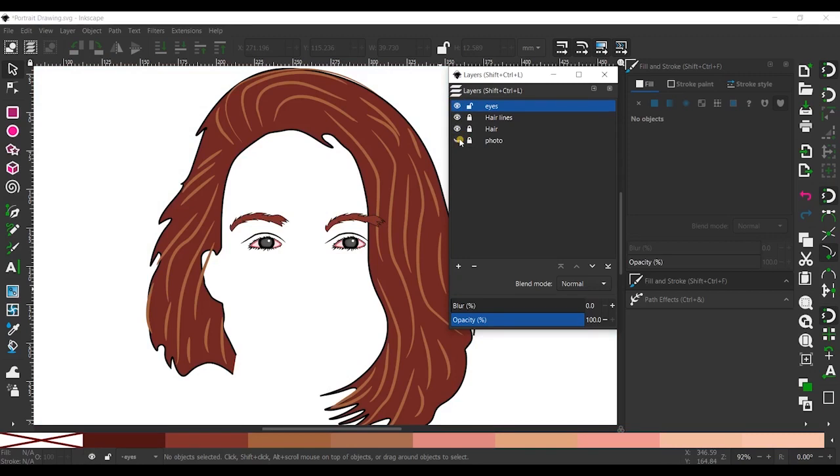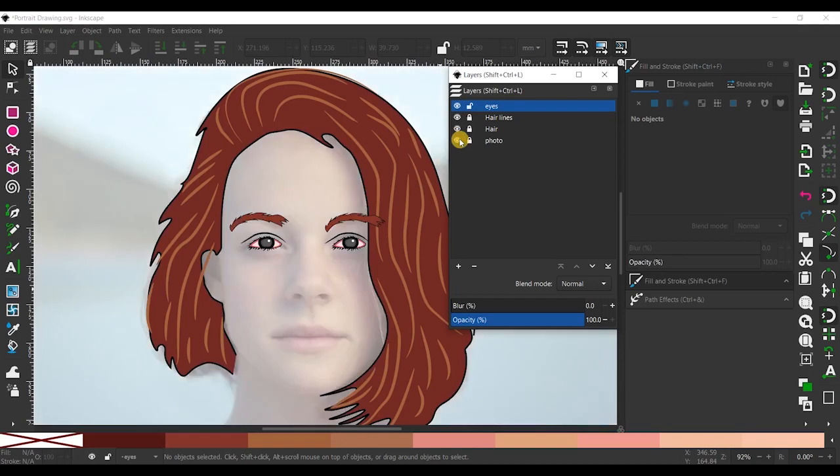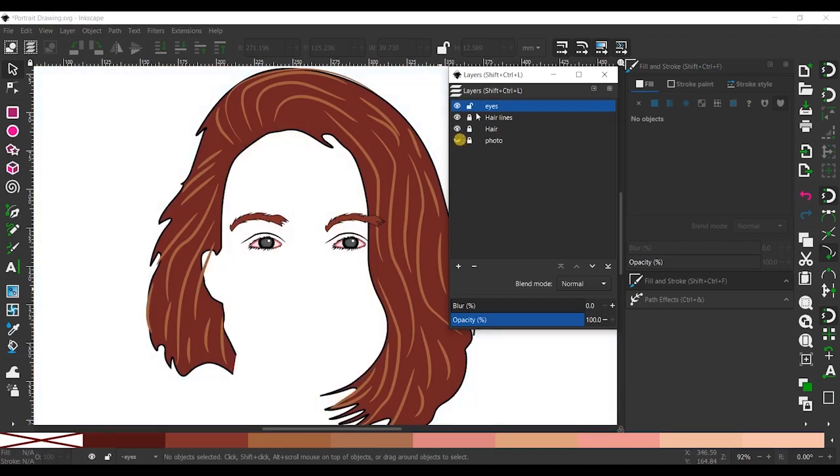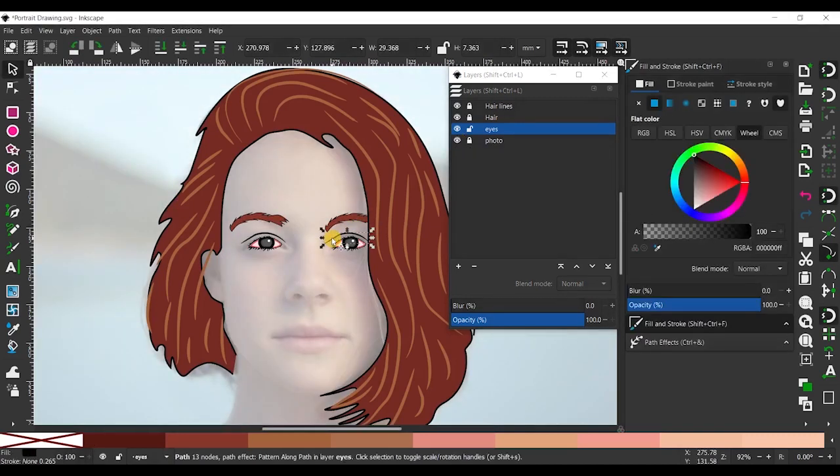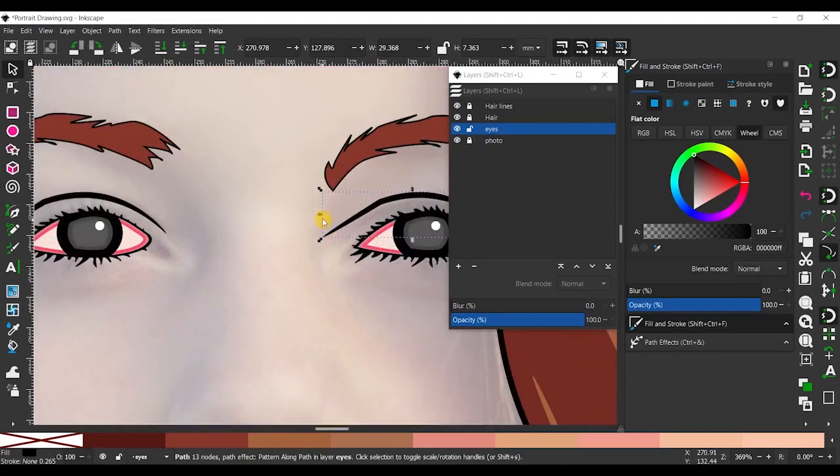The eyes are created perfectly, and this is one of the basic tutorials for beginners. I explained in part 1 how to develop the hair, and how to develop the eyes and the eyebrows. It is looking awesome. You can observe that by using Inkscape we can create different types of portrait drawings, vector and game art. The new version is very good. You can observe I'm shrinking the line. You can simply use the selection tool and shrink the lines.